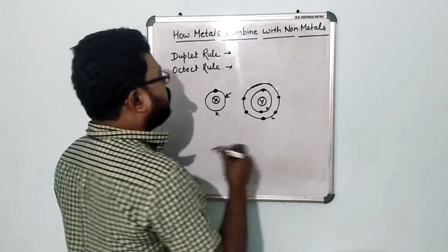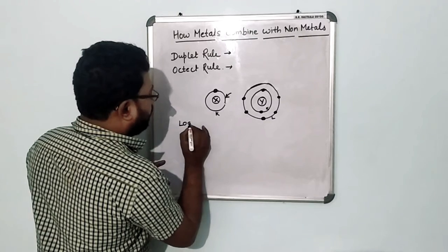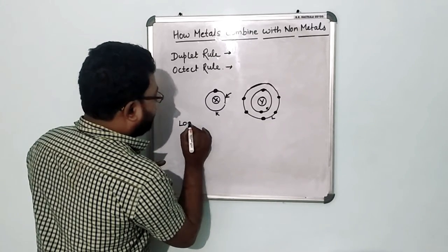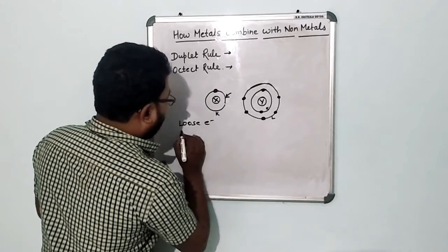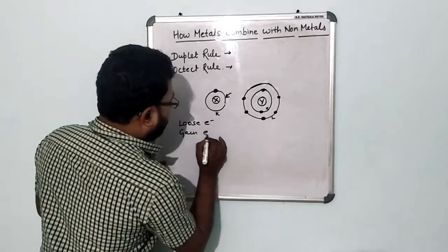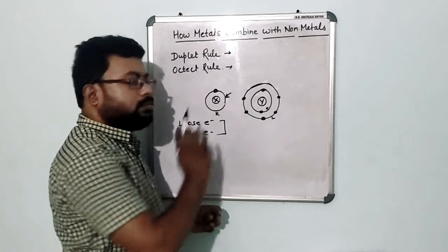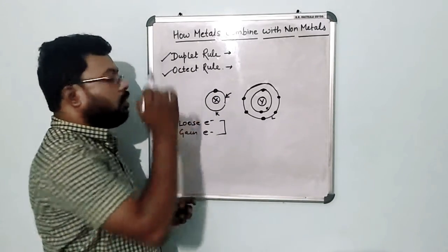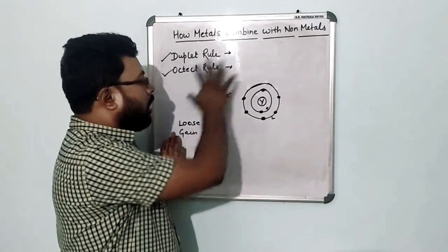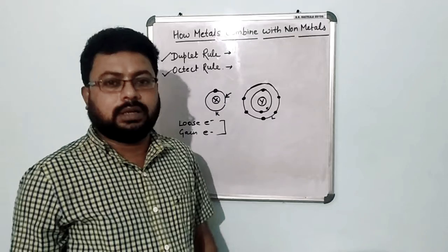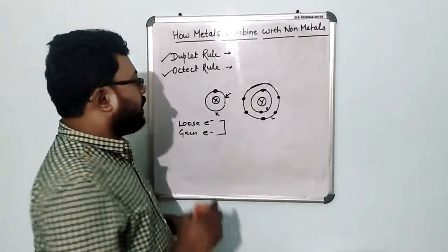So what are the two ways by which the atom can become stable? Either it will lose electrons, or it might gain electrons. These are the only two ways by which an atom can become stable according to the duplet and the octet rule. Is it clear, the duplet and the octet rule and how the atom can attain stability according to this rule? Now let us see